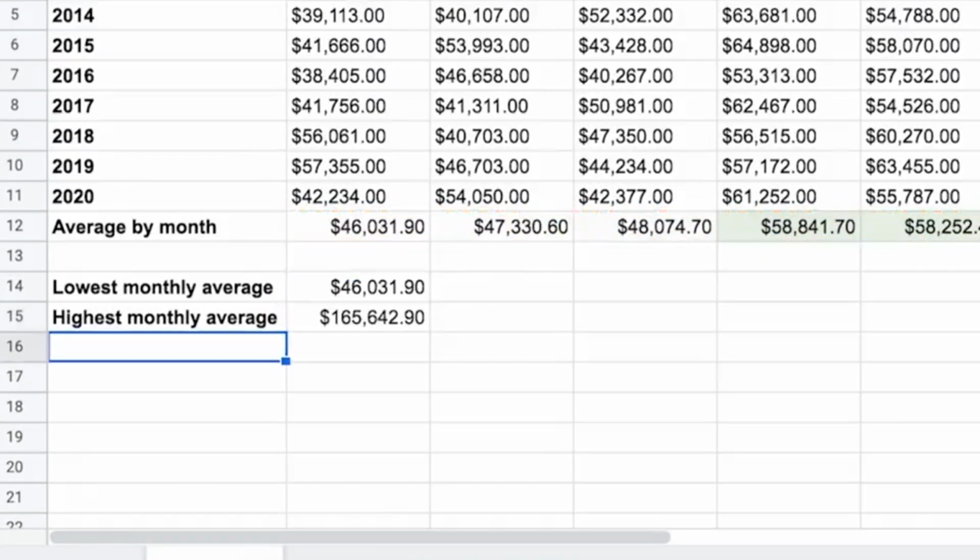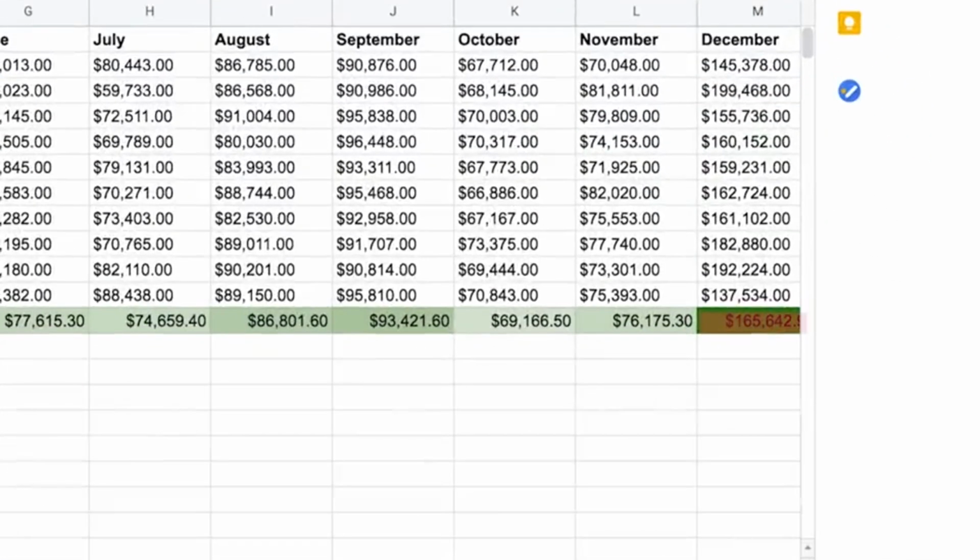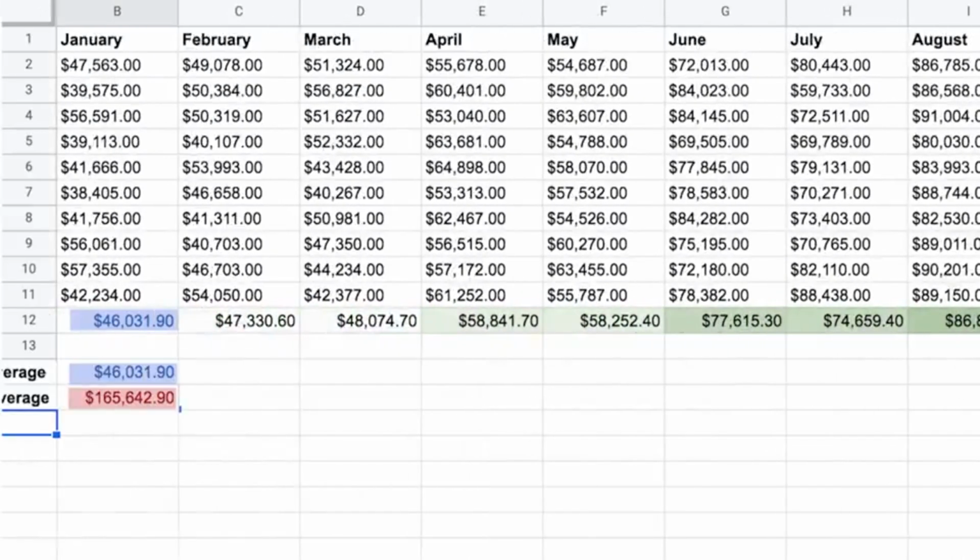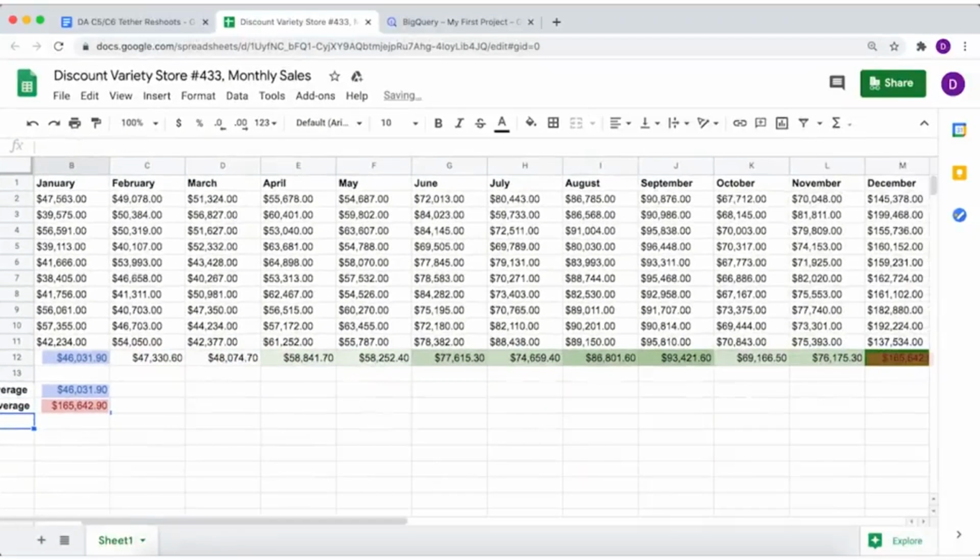So for this store location, sales are strongest in December and weakest in January. We could share these findings with stakeholders if they've met our objectives. If they haven't, we might need to continue with our analysis. Either way, I hope you've learned how spreadsheet formulas can be valuable tools when doing calculations. Coming up, we'll check out more formulas.